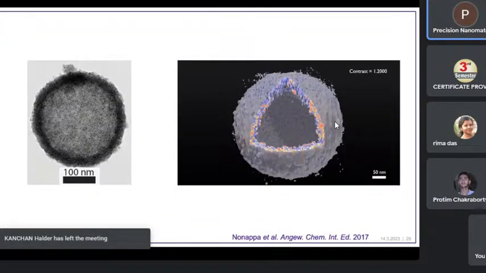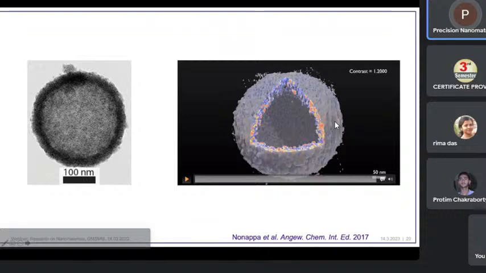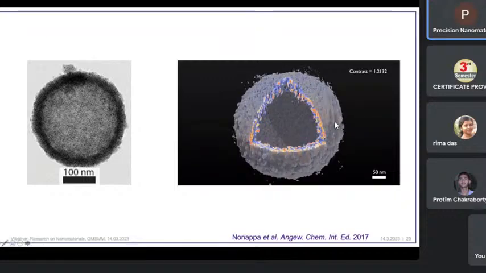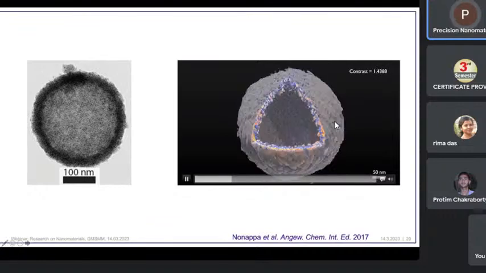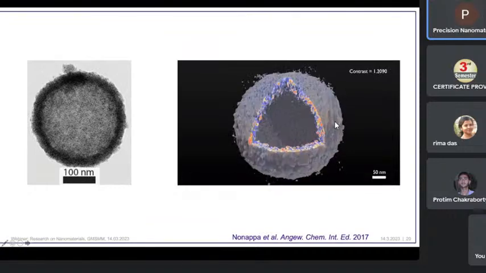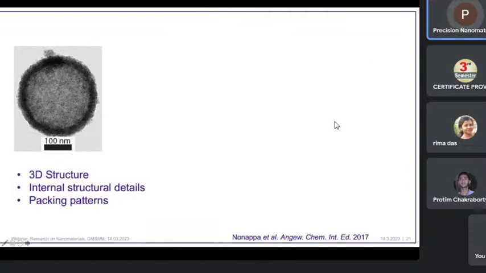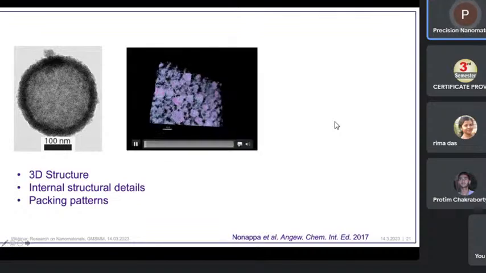Now if you look at the electron microscopy and 3D reconstruction, we see that this has a multilayered shell and it is an empty core. That's not all. So we get an idea how the structure looks like. It's spherical. We get internal structure detail. We can get individual packing pattern. That means how